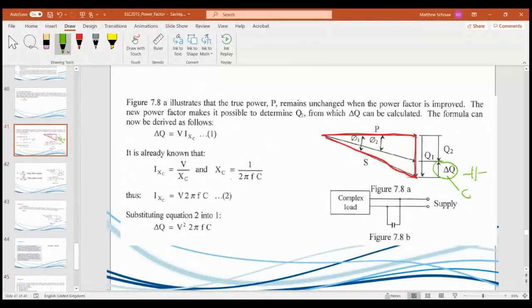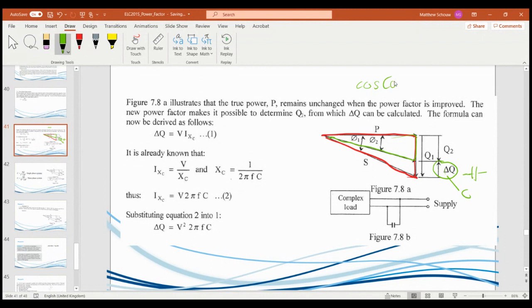Capacitors over here, supposed to be capacitor. And what it does, it pushes up. That's why the arrow goes up. It pushes the power factor back to there. Does it make sense? So obviously the angle becomes smaller because cos